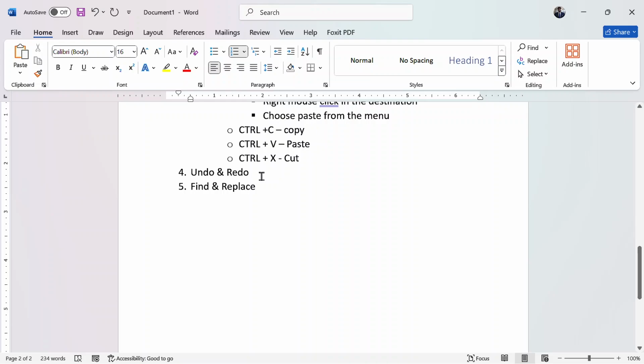Undo and redo. What is undo and redo? Undo moves 1 step backwards.